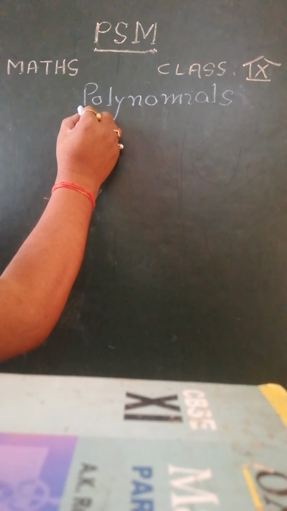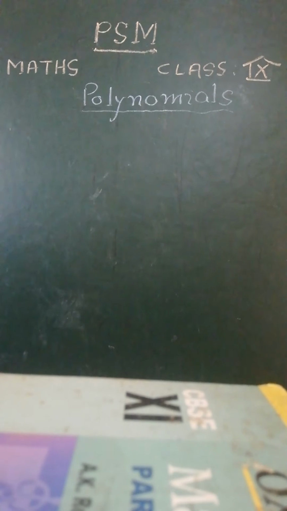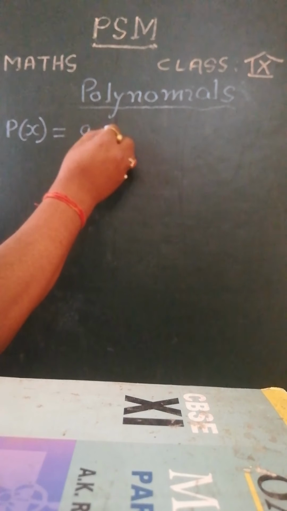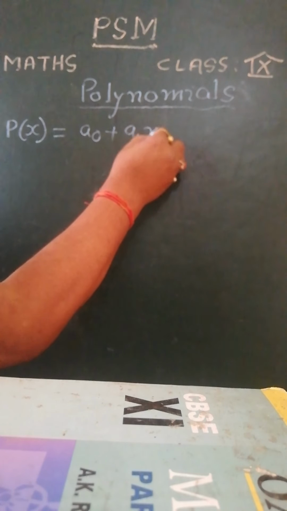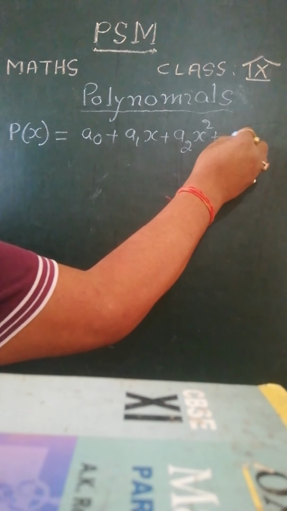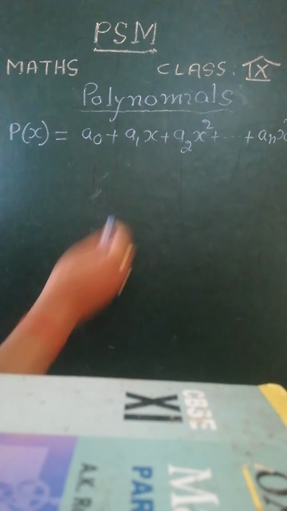In class 9, we have to discuss a very important chapter, that is polynomials. You know very well that a function p(x) of the form a0 plus a1x plus a2x square plus dot dot dot plus an x to the power n, where